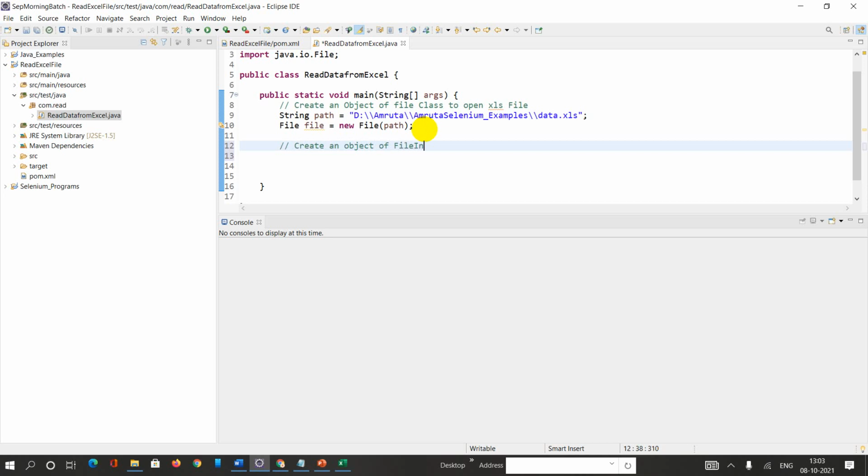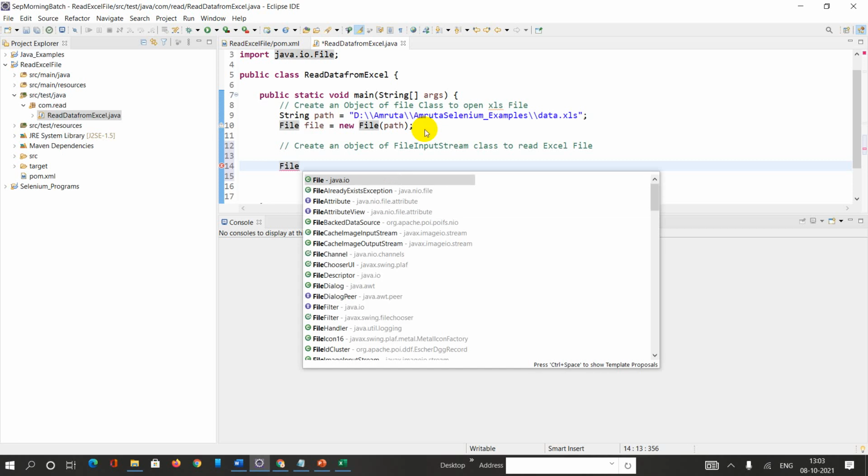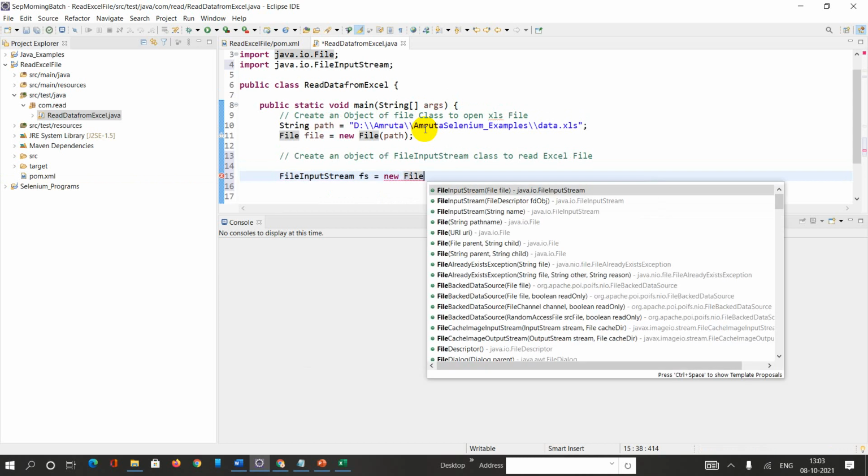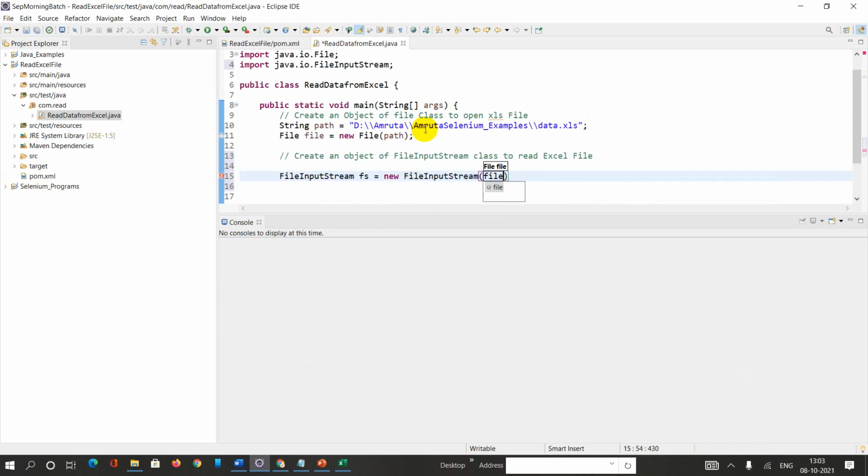Then second step is create an object of FileInputStream class to read the Excel file. So I can say FileInputStream fs equal to new FileInputStream, and here I am writing file.